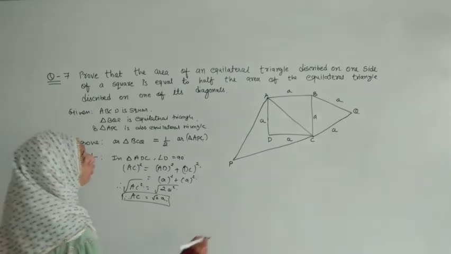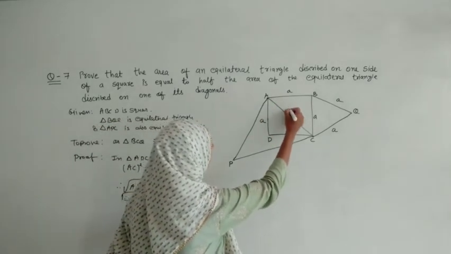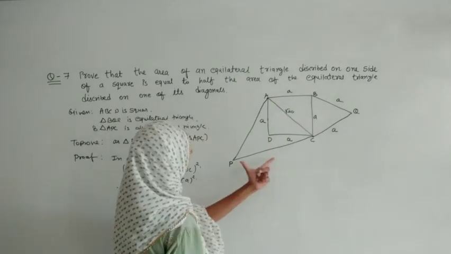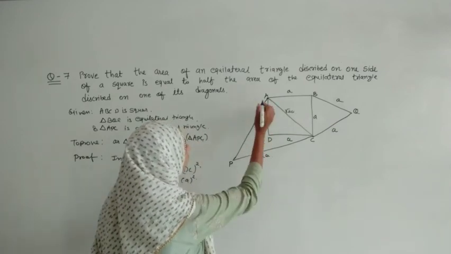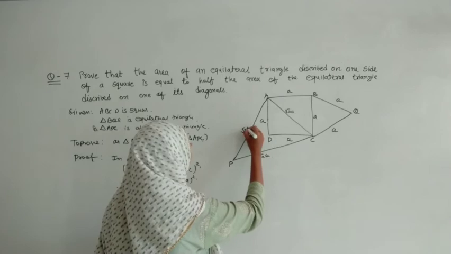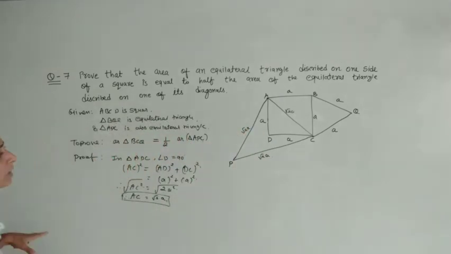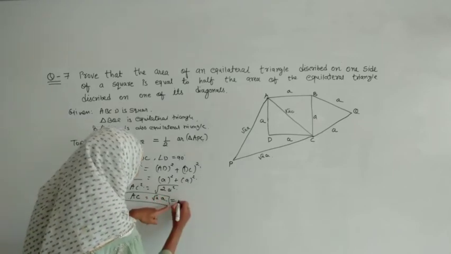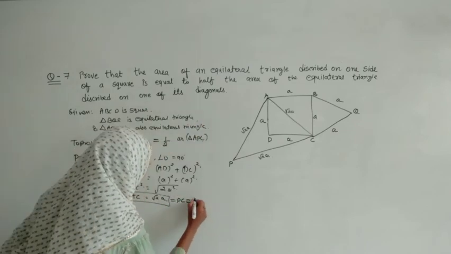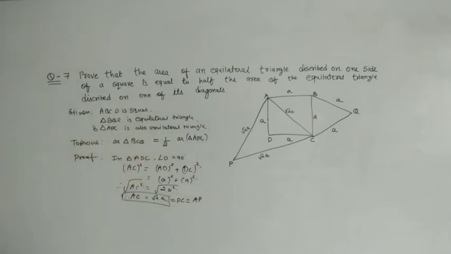So the value of AC will become root 2 a. As I told you, first we have to find this value, so it is root 2 a. As well as this, PC also will become root 2 a, because this is also an equilateral triangle. That was necessary for us to substitute some values. So we have found it and we will use it wherever needed. Here I will mention that AC is equal to PC and that is also equal to AP. So wherever I see PC, AP and AC, I can substitute this value.